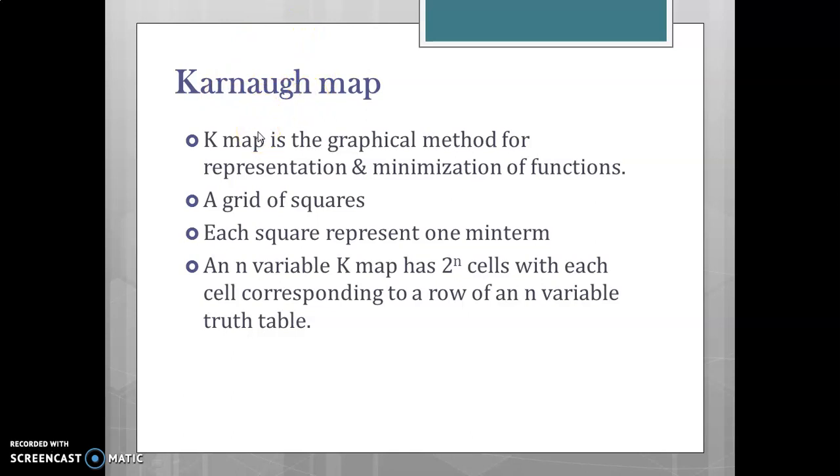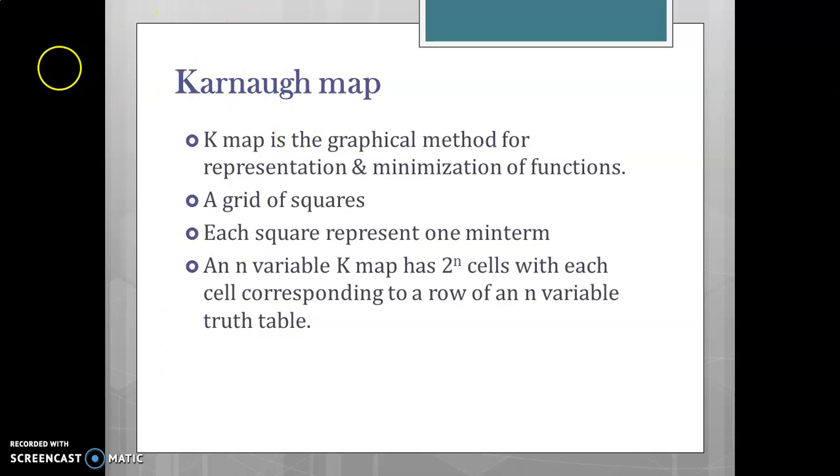Any switching function which you want to minimize or manipulate, you should be able to express it in some way. Some methods of doing so is by writing it in the expression form, either sum of product or product of sum form, or by drawing the truth table. Similarly, Karnaugh map is some kind of visual or graphical representation of a function.